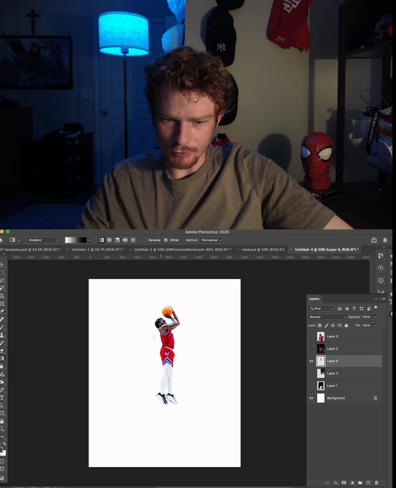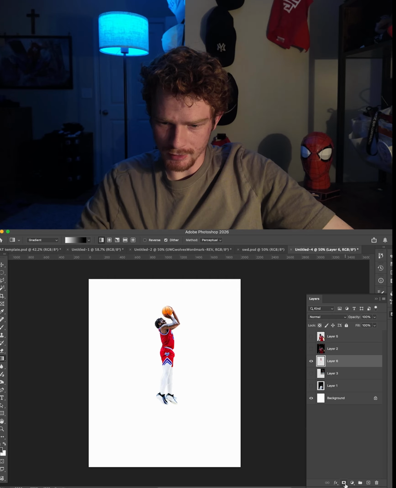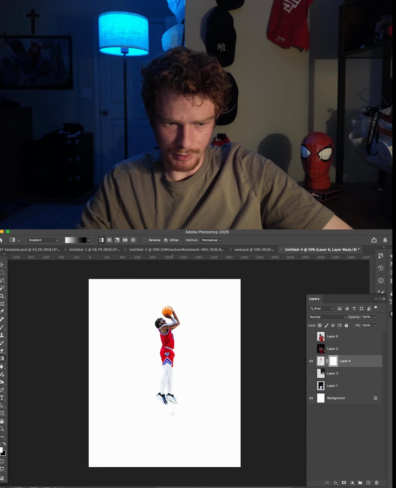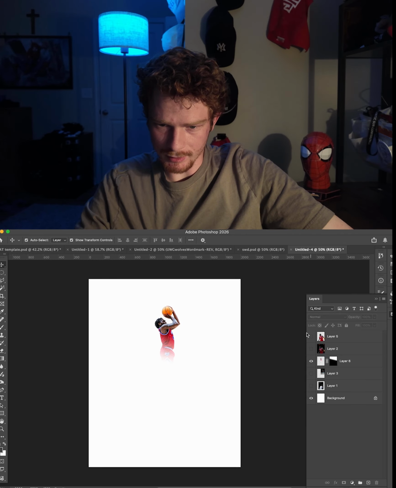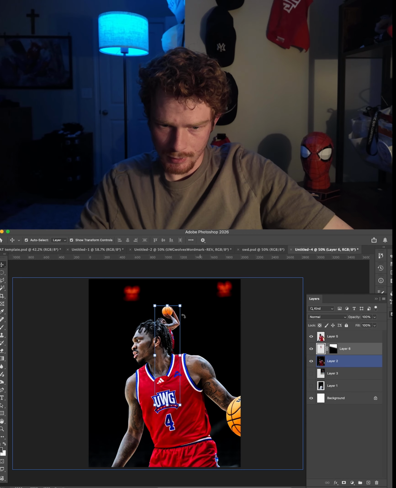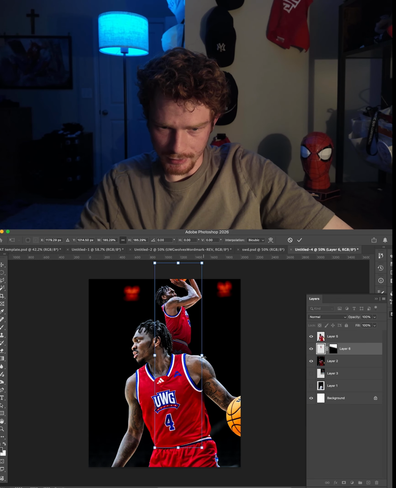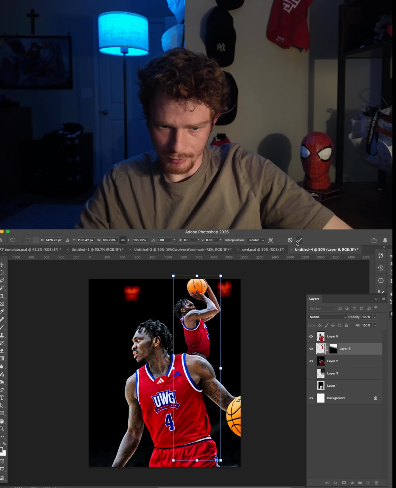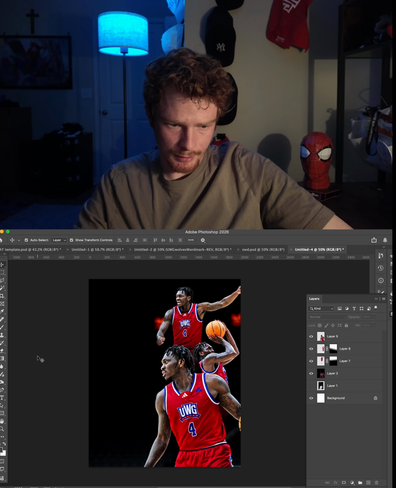So right here, I'm going to make a gradient of him. I'm going to click the masking tool down here, and then I've clicked the gradient tool, and I'm going to kind of just make him fade away so that whenever we bring these layers back in, bring this up so that when we put this right here, he kind of is fading out right there. Okay, so now